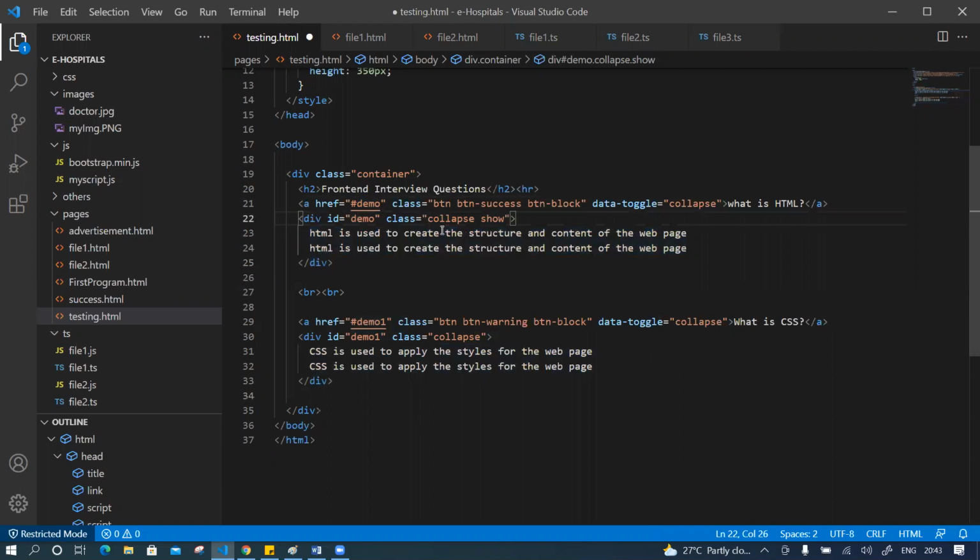This class collapse we have to use for the style, and show a little bit. Initially, I want to see at least the first answer, and from the second onwards, we have to hide it. So for that reason, it would be enabled. Initially it will display the answer, but later, if you want to close it, you can close it. By default, it will show this data. If you don't want that, then remove this one. That's why I did not give show here, right? Now, if you want to open,